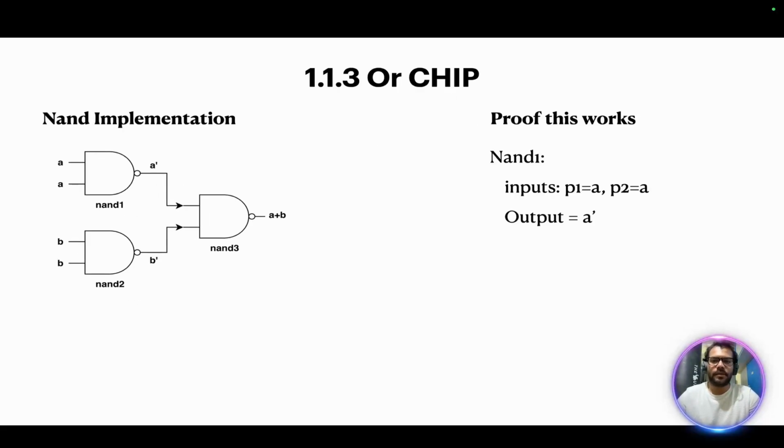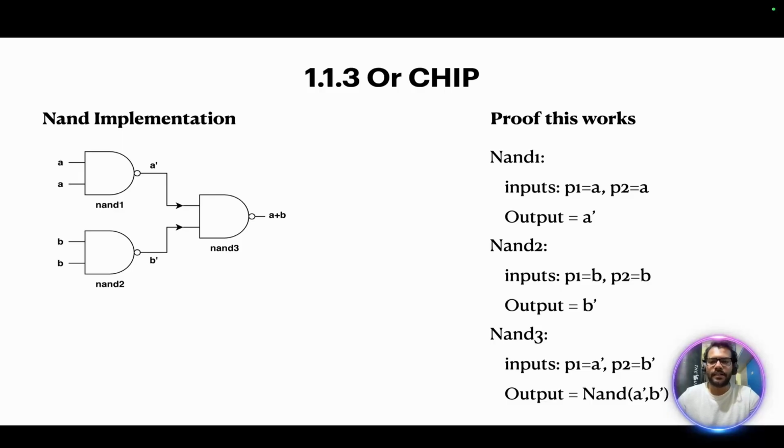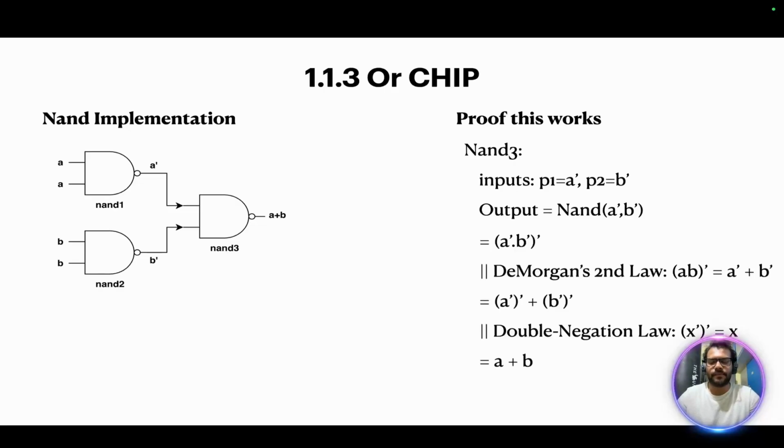NAND 1 takes A, and we have seen from NAND it returns A dash. B and B returns B dash. Feed that A dash and B dash as inputs to NAND 3. Let's simplify this. NAND of A dash and B dash, which is (A dash B dash) whole dash, and